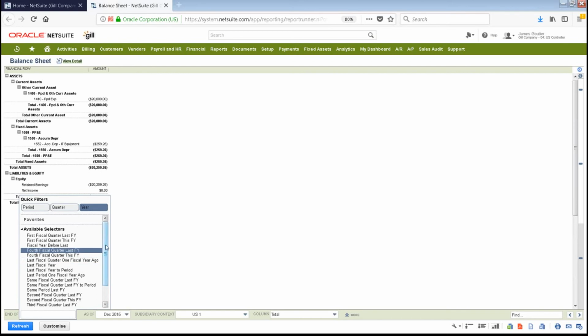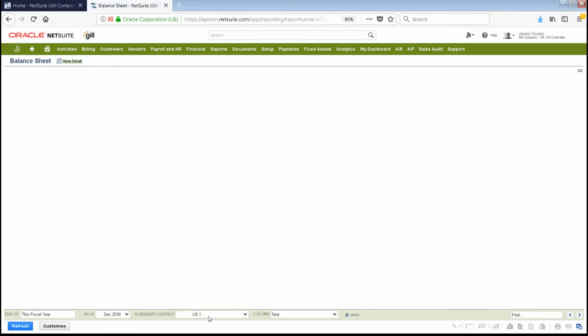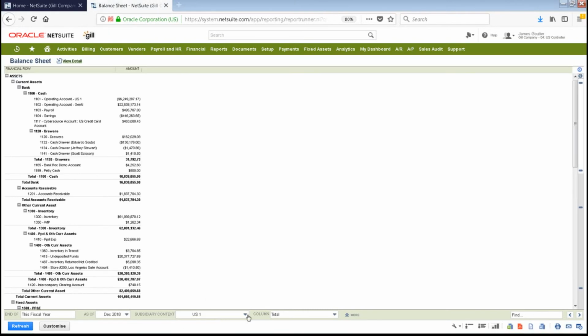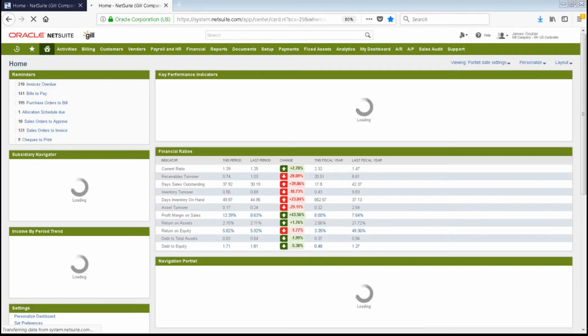filters. I can have year, this fiscal year, right? Change the subsidiary context. This is just for one specific subsidiary. This is not consolidated. And then I can also choose which one, and then I can do further analysis of that one, and then you can also further include some of the filters here. Okay, let me go back to my home page,